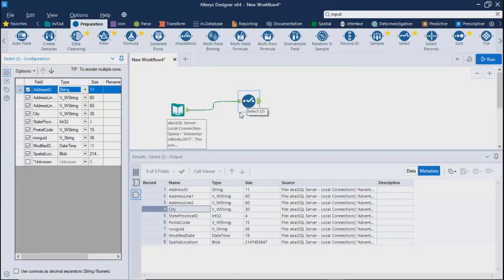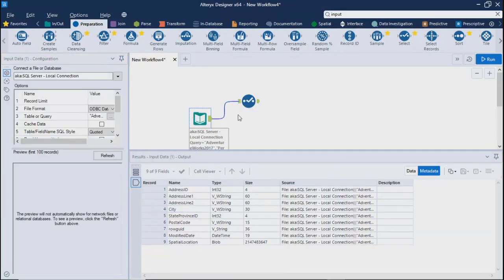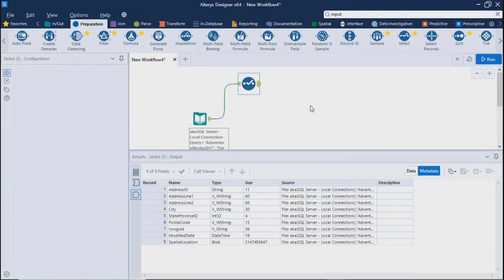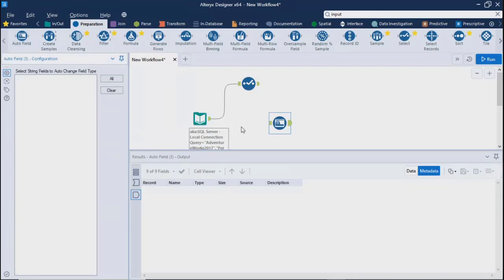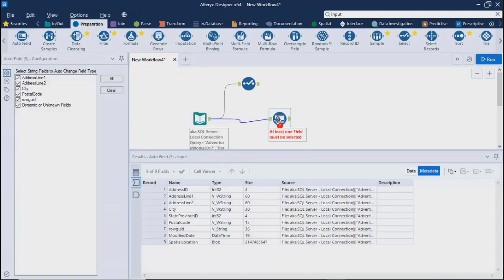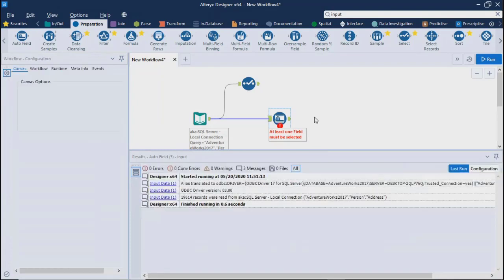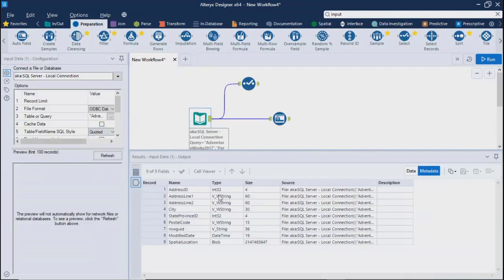Now there is one more tool, known as autofield. If you take this tool, using Alteryx's own intelligence, it will convert the data type of different fields. If you see here, you had integer, v underscore W string, integer 32. These were the default data types.